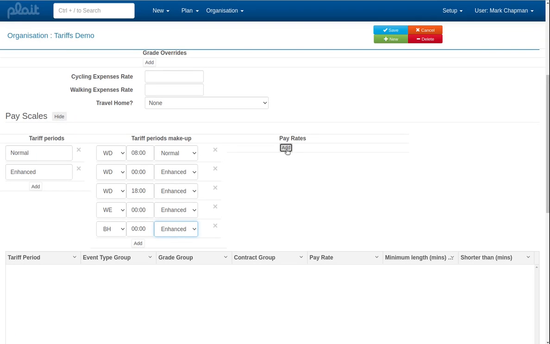So in our tariff demo organisation, we only have 2 pay rates. We have normal, and we normally pay people £8 an hour, and there's no unit element to that. And then there's the antisocial pay rate, the enhanced pay rate, and we're going to pay £11 an hour. Okay,